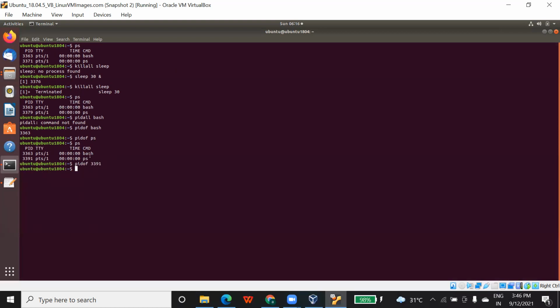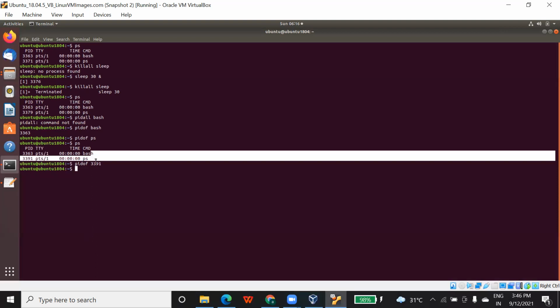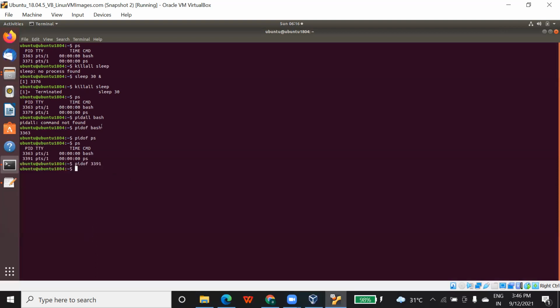Based on that, you just have to type the process name here, and whatever process you created, you just need to type that process. So I hope it is clear to you how to find the process ID of any process with this pidof command and the ps command, and you can kill the process and sleep the process.